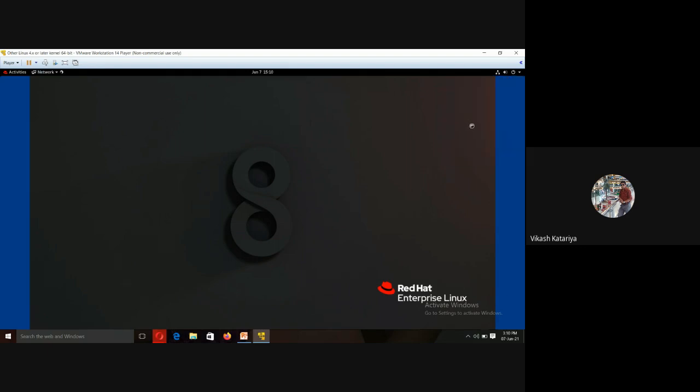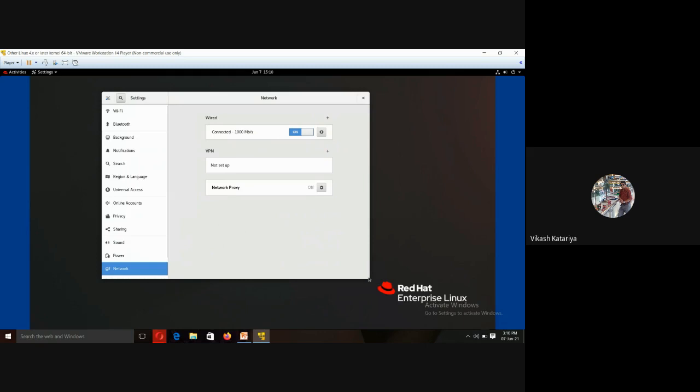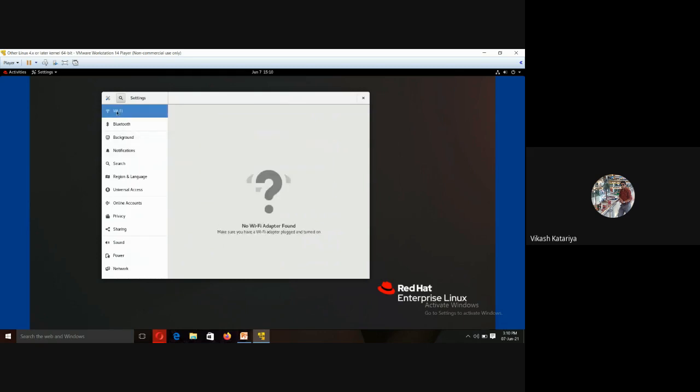This is the wired setting, and this screen will appear here. If you have a Wi-Fi device, you can connect with the internet and connect with the Linux machine. If you have a Bluetooth device, you can connect it by clicking on the Bluetooth section.